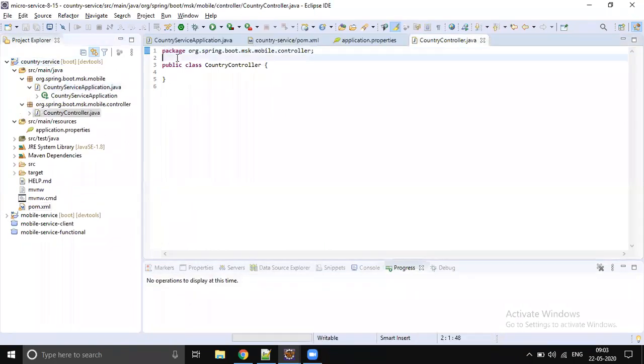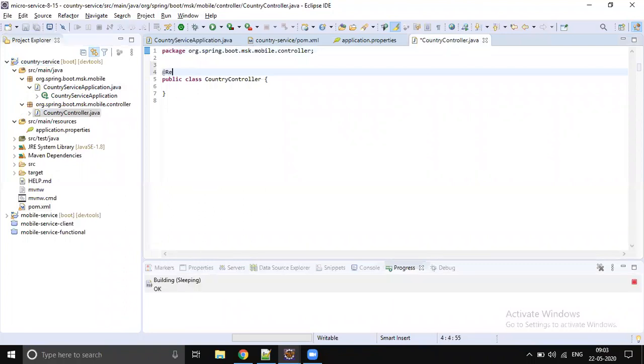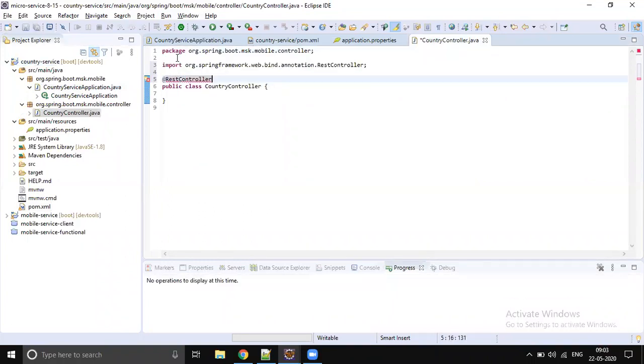Okay. Annotate this using RestController. Again, our favorite, right? CRUD operations. Get all, save, update, delete. That is what we mostly do in any microservice, right?